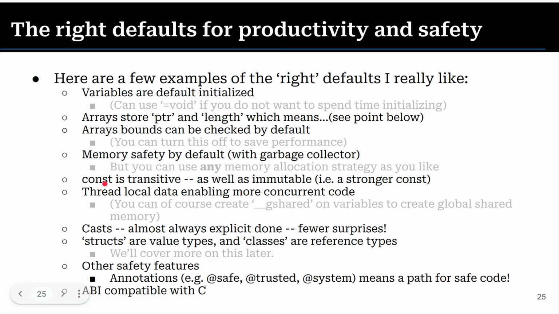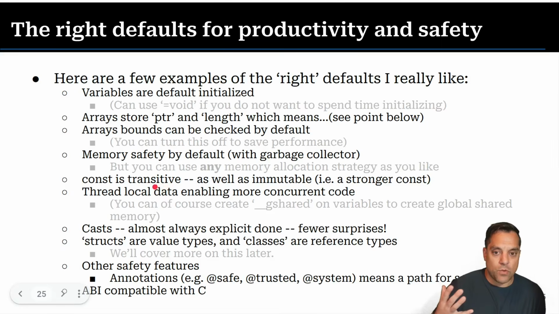Properties like const and immutable are transitive. So that means, well, the saying goes, turtles all the way down, as Walter Bright, the creator of the D programming language, says. That basically means if I pass some const value or some const pointer into a function and then into another function, it's const all the way down. You don't lose track of that qualifier. It doesn't get accidentally omitted. So the type system in D is a lot stronger than C or even C++. I don't know if I'd say it's as strong as Rust when you learn about Rust, but again, it is very, very strong.